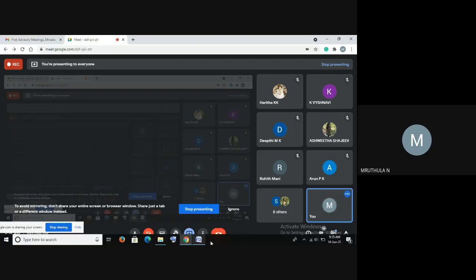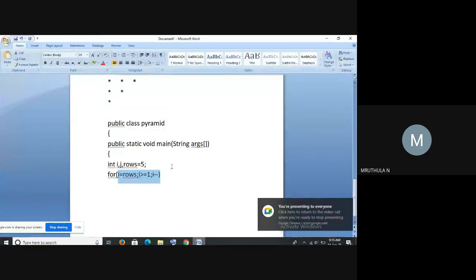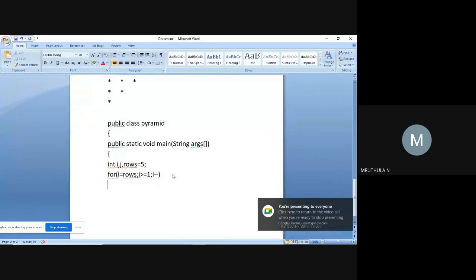Then next, the J loop. What should be the value of J?